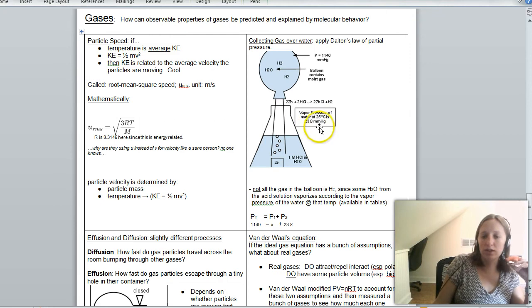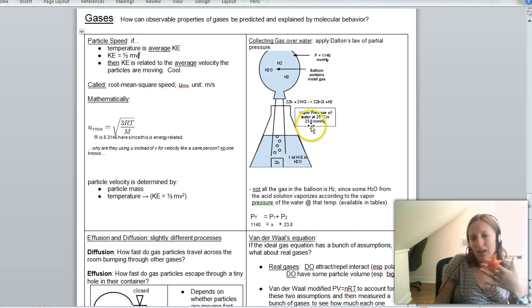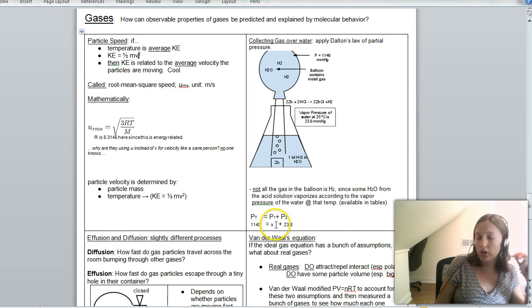So what you do is you go, okay, well, my total pressure is 1140 millimeters of mercury. 23.8 of those millimeters are being contributed by the water. So the pressure from the hydrogen is 1140 minus 23.8. And that solves for X down here. And now you've got your pressure contributed from hydrogen, and you can go and use that in, say, the ideal